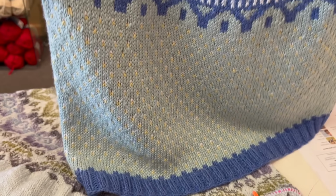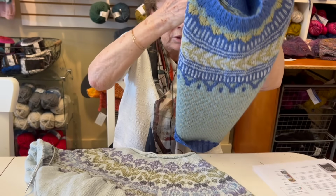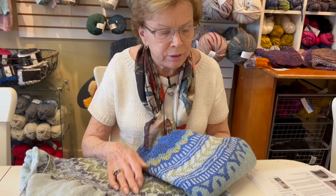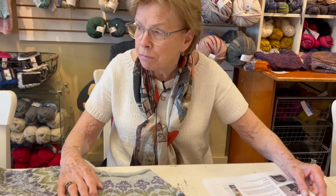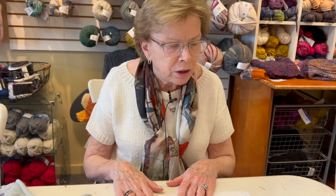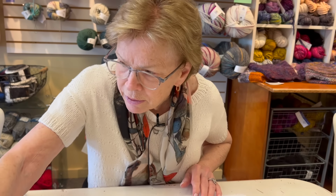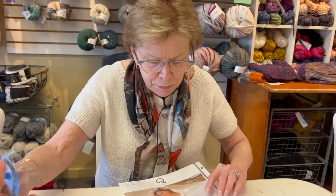In any case, these are two pretty simple patterns, though they look complex. You have to be able to read a chart, which is no big deal. And I feel bad for people who say they hate charts because I think they're the easiest thing in the world. And if you use a plastic sleeve like this, and you use transparent tape